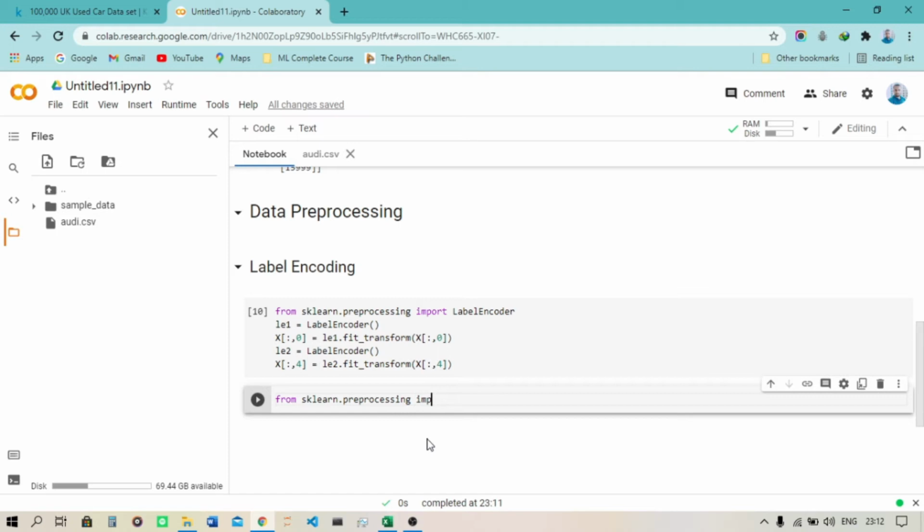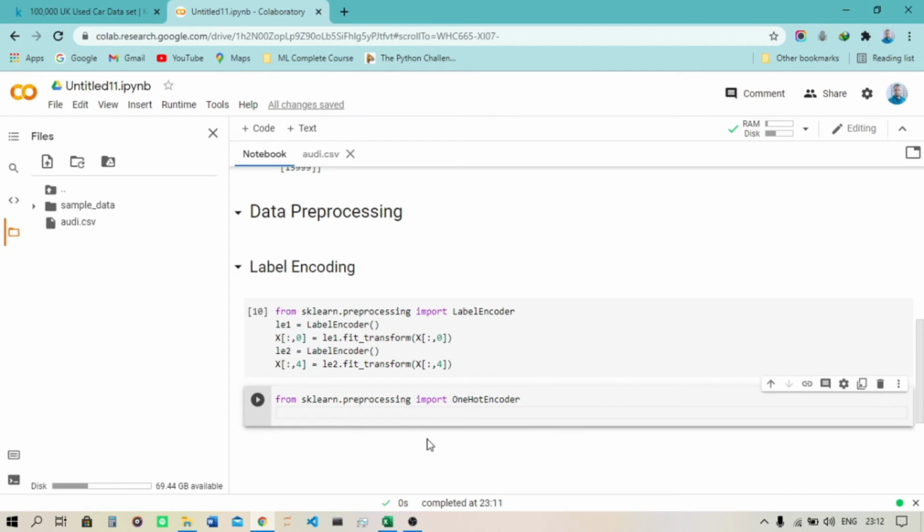Preprocessing, import OneHotEncoder. From sklearn.preprocessing, you have to import OneHotEncoder. Next, to apply one hot encoding, you have to import one more thing. From sklearn.compose, you have to import